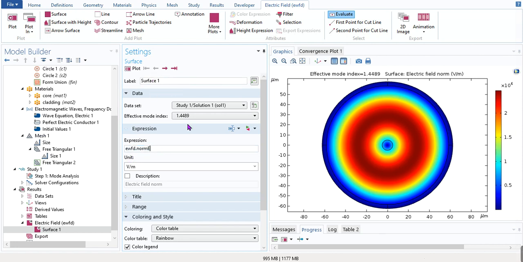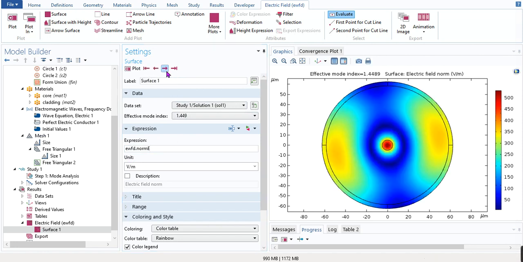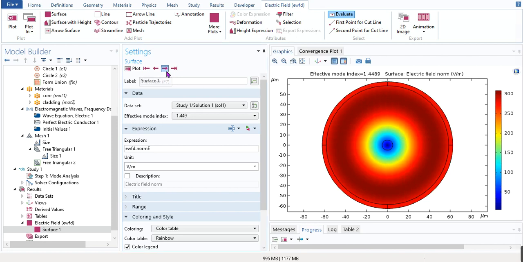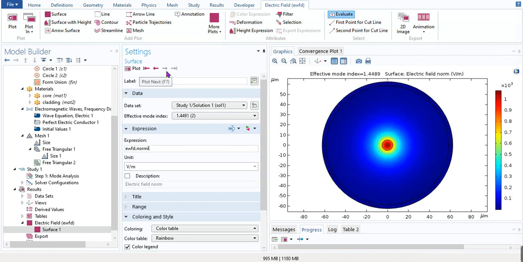So this is my electric field for first effective index, this is for second effective index, this is for third effective index, this is for fourth effective index, and this is for fifth, this is for sixth. So here you can see in fifth and sixth effective index, basically all the electric field is there inside the center core region. From here also you can see that red is your maxima, blue is your minima, and the values are written here. So all the red portion is there inside core region. So in this way you can analyze the electric field.